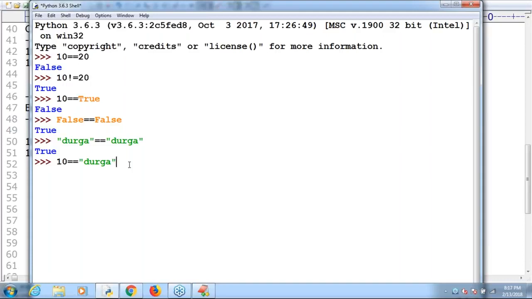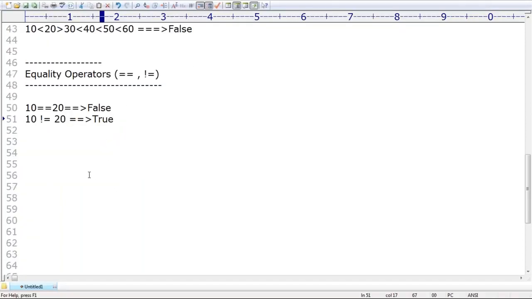So you can apply this double equal operator to any type, no problem at all. If the content is the same, it returns true. If the content is not the same, then it simply returns false. What is the answer we are going to get? False. We are never going to get errors. Remember this one. The double equal operator always talks about content comparison only.